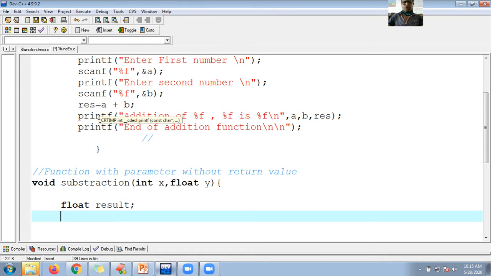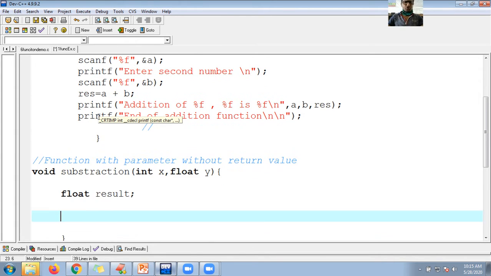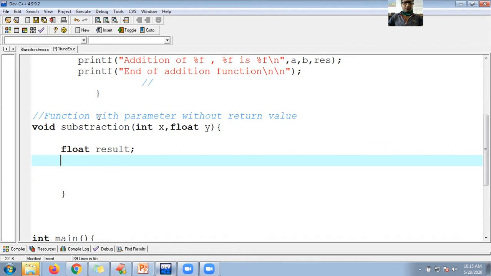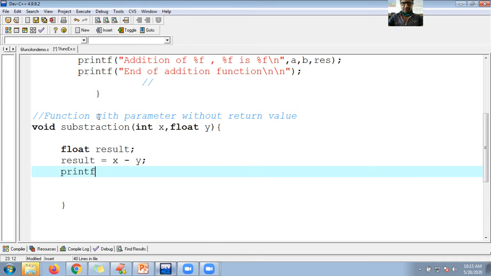Then I don't want to return any value, so simply I want to show it here. Let me calculate the result, subtraction result, x minus y. And I want to show the result: subtraction of x is %d, and here I want to use %f, you can use %g also, is %f.